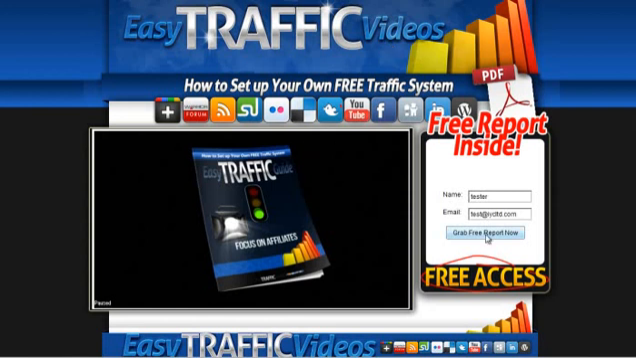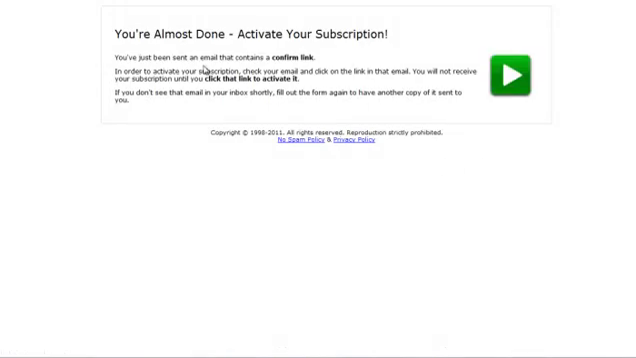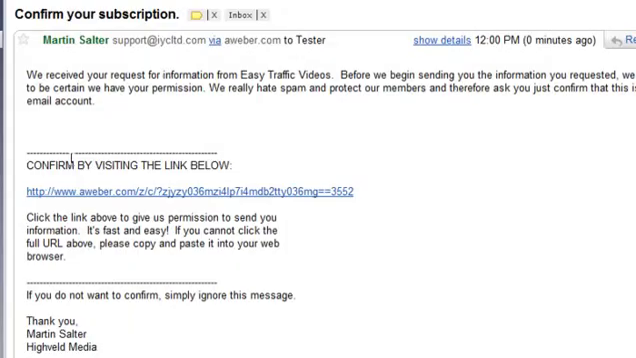So fill out the form, hit grab free report now. Because we set Aweber up to have its default page, it says you need to confirm your subscription. So we now see that that's working. Then we go and open up our email. And providing we've set it up correctly, we should get a message from Aweber saying we received a request for information from Easy Traffic Videos. Before we begin sending the information, we want to be certain. I just edited the message that was available on Aweber. Now it asks us to click the link, so if we click the link,